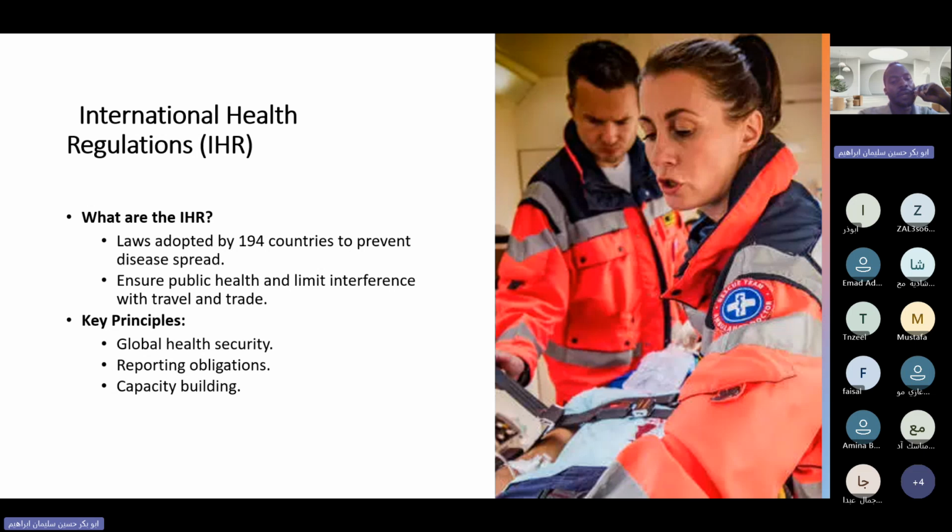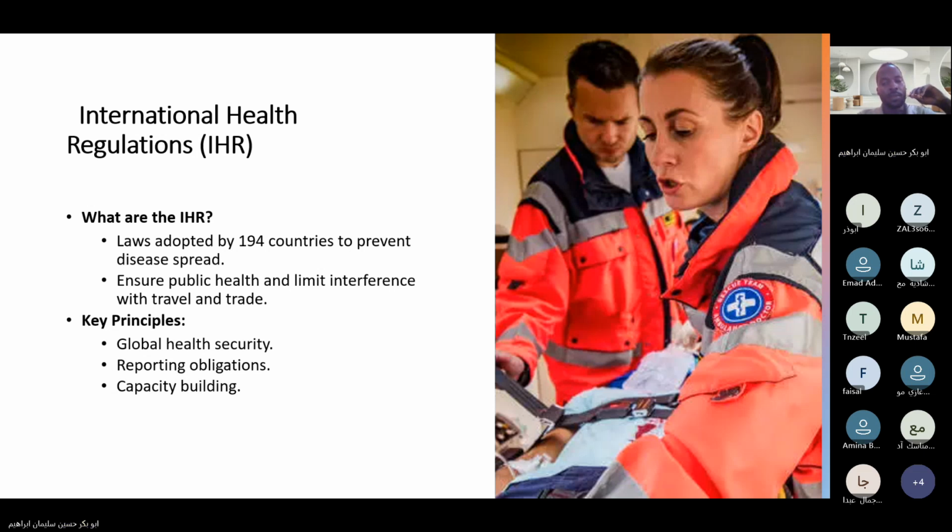Key principles: global health security. Global health security means the world can be more secure, with fewer health problems like COVID-19, and Ebola this year. With the International Health Regulations, we can protect the world, because with this regulation we can restrict the movement of those people who have